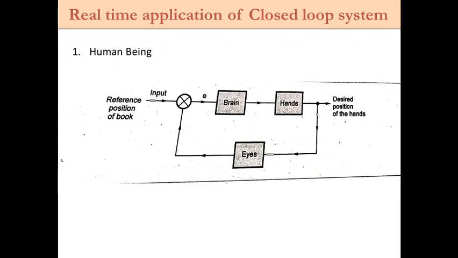So you have to start raising your hand till it reaches that book, that is the reference position. Okay, so this process will continue till you touch that book. So here the ultimate objective is to take that book which is kept on the table. Okay, so that distance is calculated by the eyes and it is given to the brain. So the brain is giving the signal to the hands to reach that book. So entirely we can call it a closed loop system.